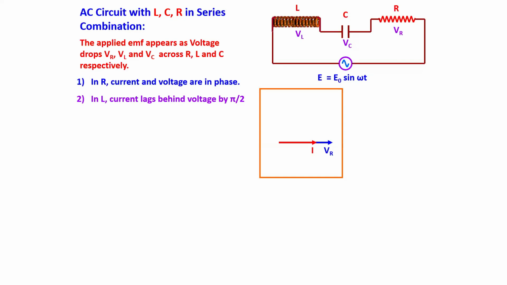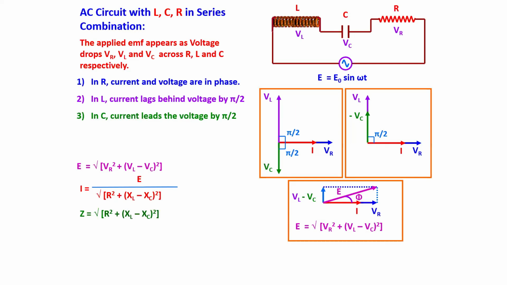So here the current and the voltage across the resistance will be in phase, whereas for the inductor, the current lags behind the voltage by pi over 2. Okay, so here I just show the diagram, and I show the relation between the current, the reactance and the EMF. So here Z is representing the total circuit impedance.